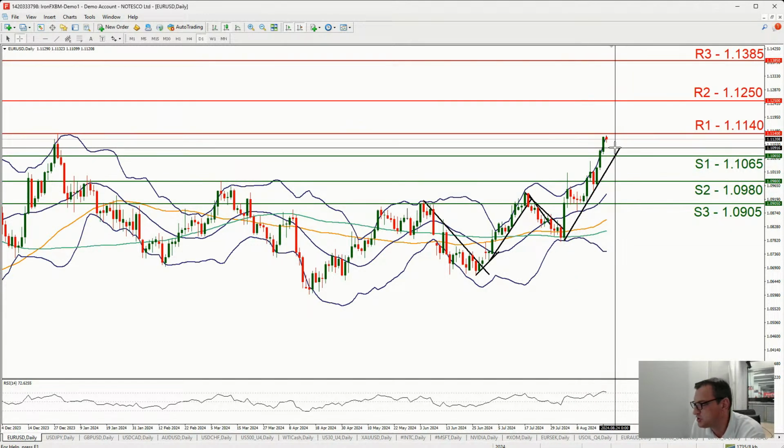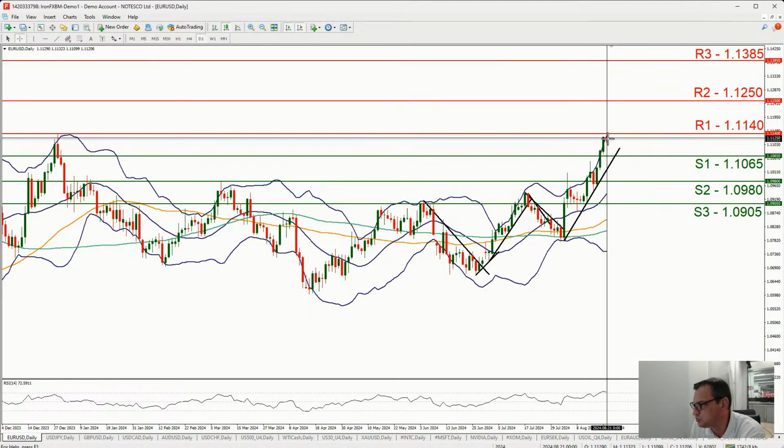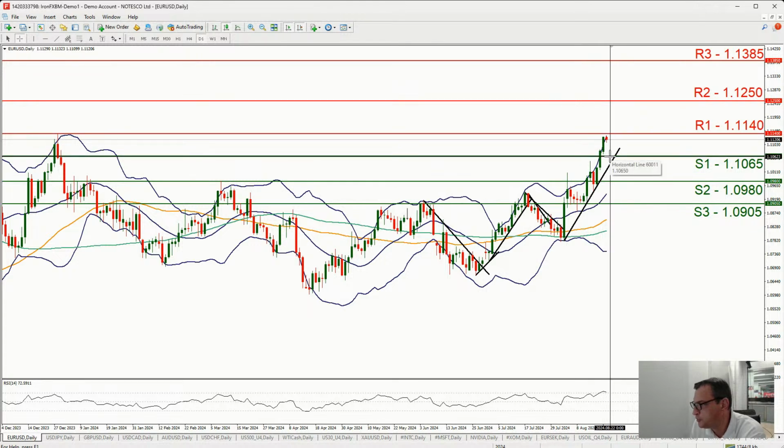So for a bearish outlook, the price action has to drop, breach the S1 at 1.10 and the previously mentioned upward trend line, and start aiming for the S2. The possibility of a bearish outlook is pretty low. It would be very difficult for the price action to actually reach those levels. We may see stabilization of the pair though, and in such a case, we may see the price action remaining between the R1 and the S1.